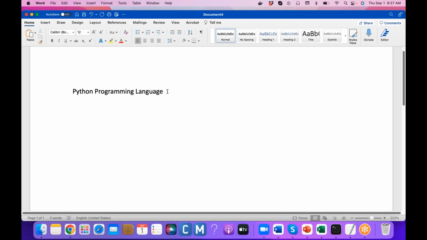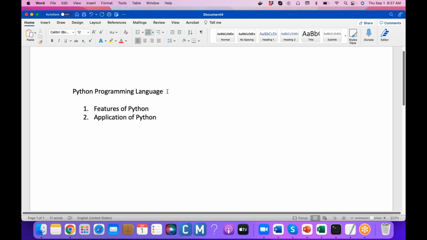Before we start, we need to understand the Python programming language features, or you can say its importance. The second thing is that once you understand the Python programming language, you might be thinking where we would like to apply the Python. So you can simply say, what are the applications we can build with the help of the Python programming